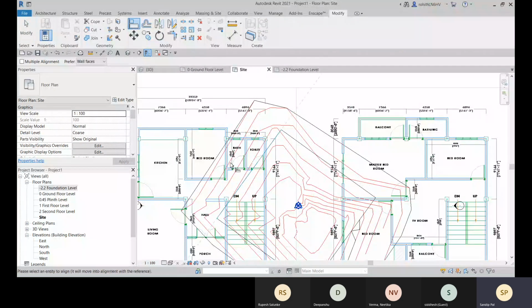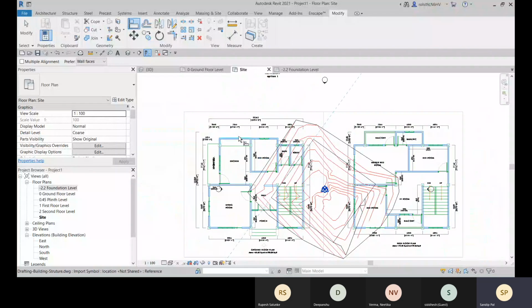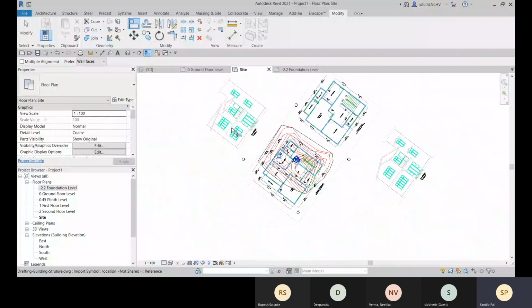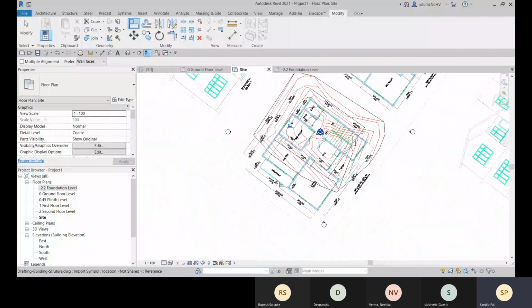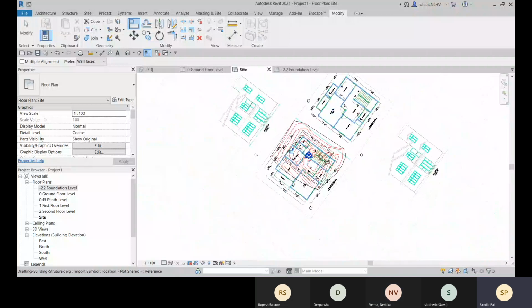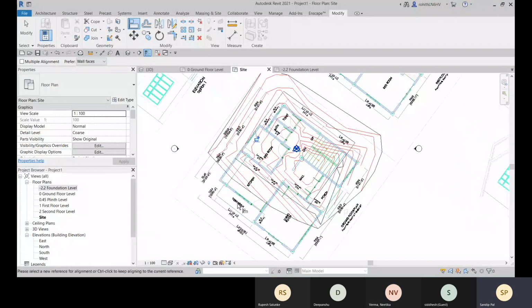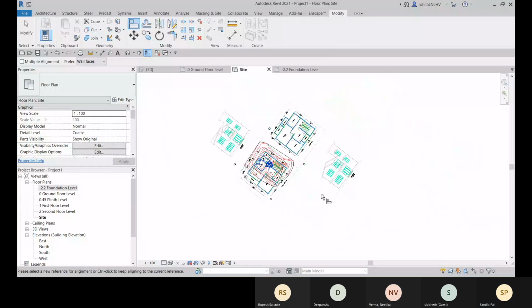Let me select this line and now go for this one. And here you can see this is aligned. And you need to place it within that building pad area. As I told you, this is not the proper plan.